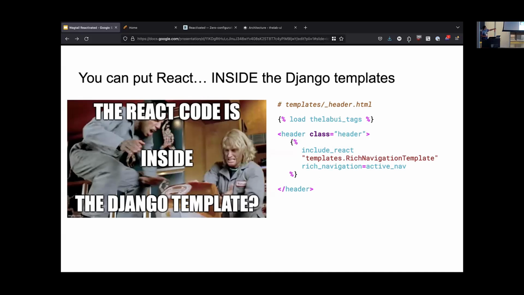So you can see here, this is a Django template on the right. Include React, we pass in a string to say which template we're using, and we're passing in some data. And what happens then is Reactivated serializes that data, passes it to our node server, or our Vite server, and gets back a string of HTML and includes it the same way that it would work with any other Django partial. You end up with server-rendered HTML that